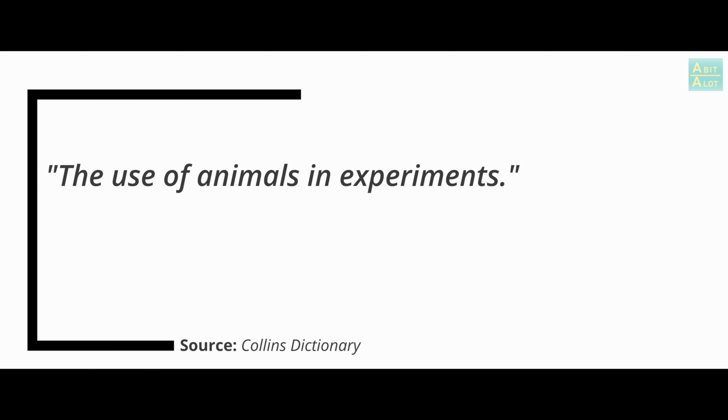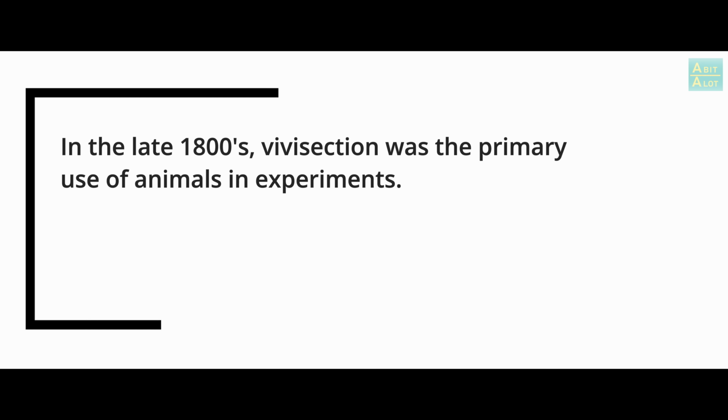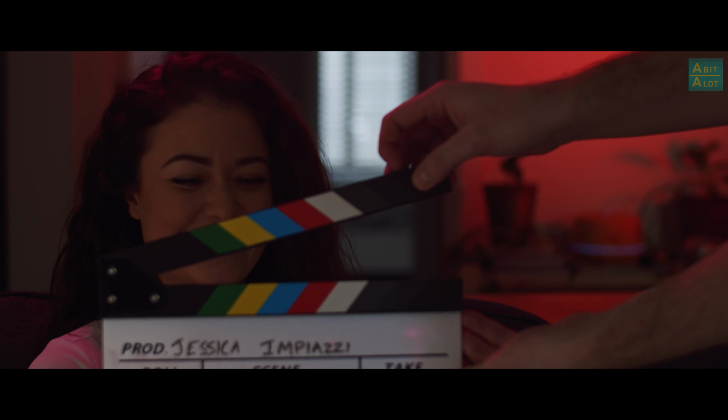The definition of animal testing is the use of animals in experiments. Now that may seem obvious, but animal testing goes far deeper than that. In the late 1800s, vivisection was the primary use of animals in experiments, but if you fast forward to today, animals are being tested on in many sectors, showing us that animal testing of some kind has been used for centuries. In this series of videos we discuss the basis of animal testing, the facts, alternatives, and what we as